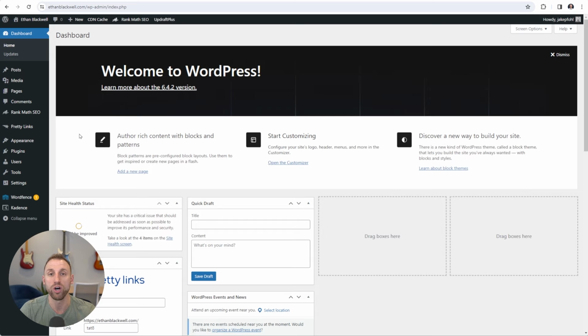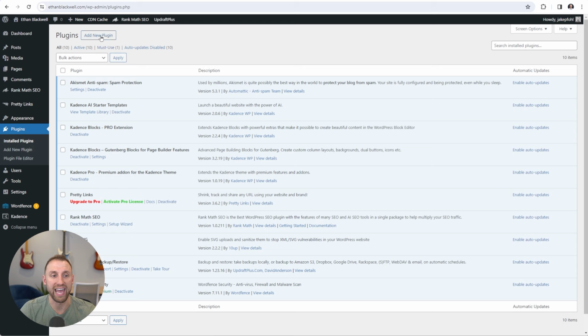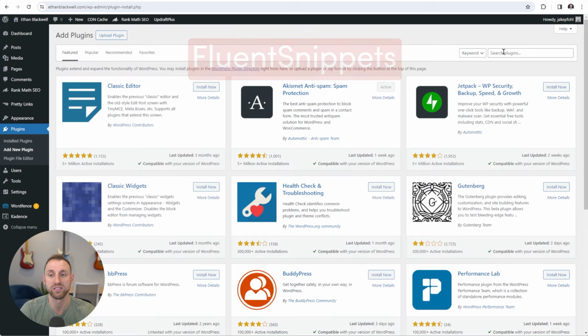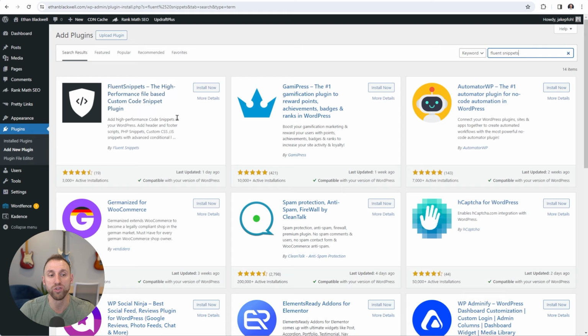And we're gonna go install another plugin here. So I'm gonna go to plugins on the left-hand side. I'm gonna click add new plugin. And then over here in the search, I'm gonna search for FluentSnippets. And so here's the first option here called FluentSnippets. It is free, and it is a newer plugin from the WP Manage Ninja team, who creates a ton of different really nice plugins, including